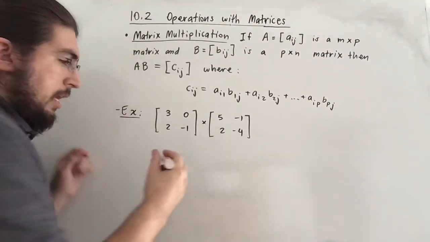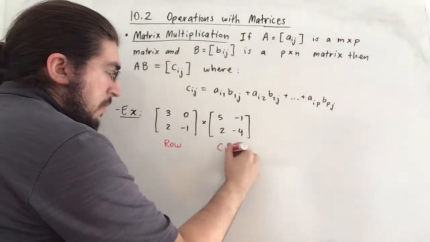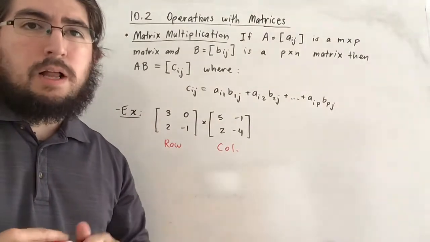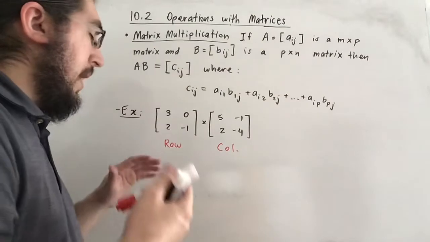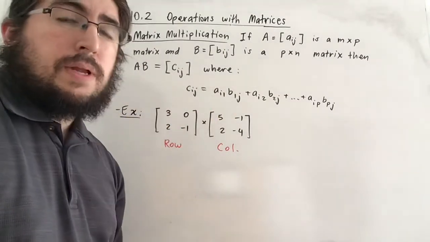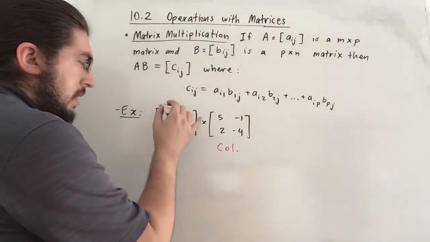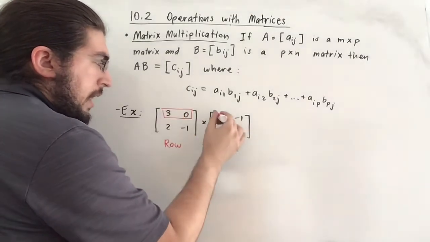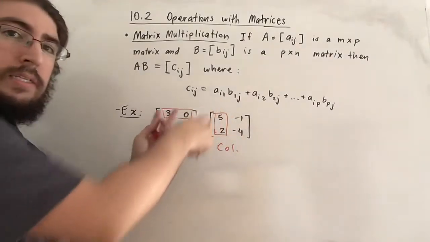One thing that may help before we get to the actual visualization I want to show you is that remember, the dimension of any matrix is row by column. We know that. So if we keep that in mind, we'll consider this our row matrix and consider this our column matrix. Now, it's going to be a little hard for me to show you, but I think we can do it. Now if we highlight the first row and highlight the first column,